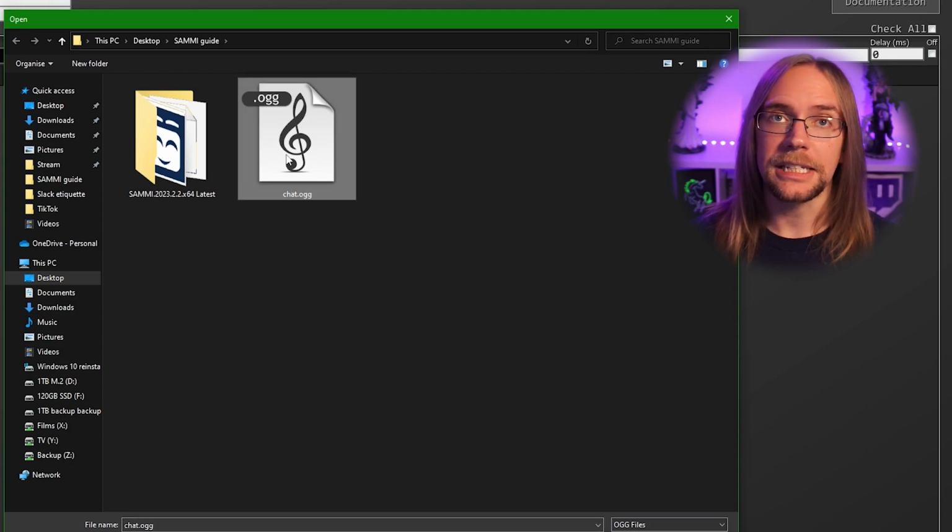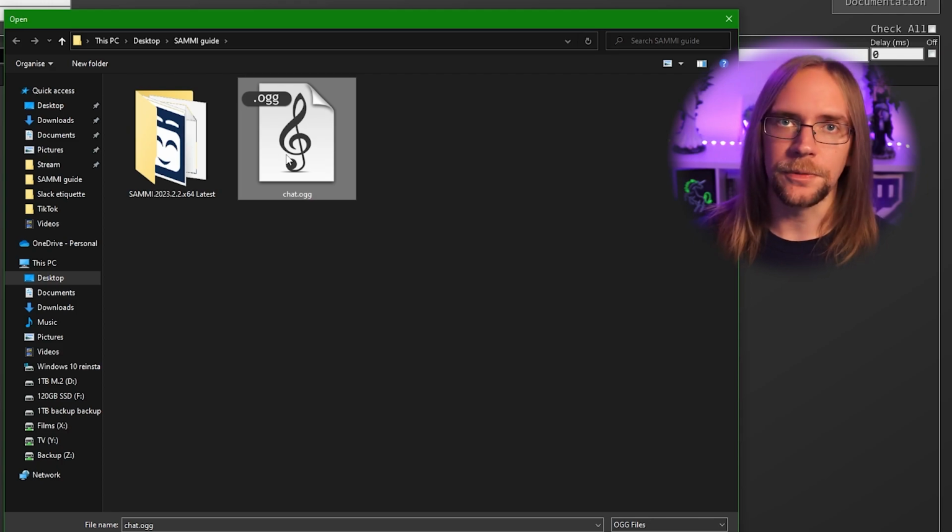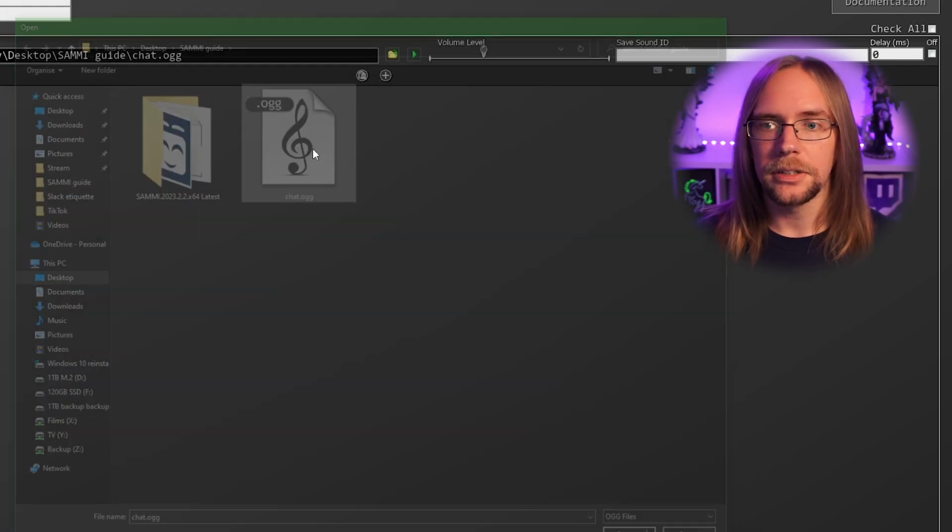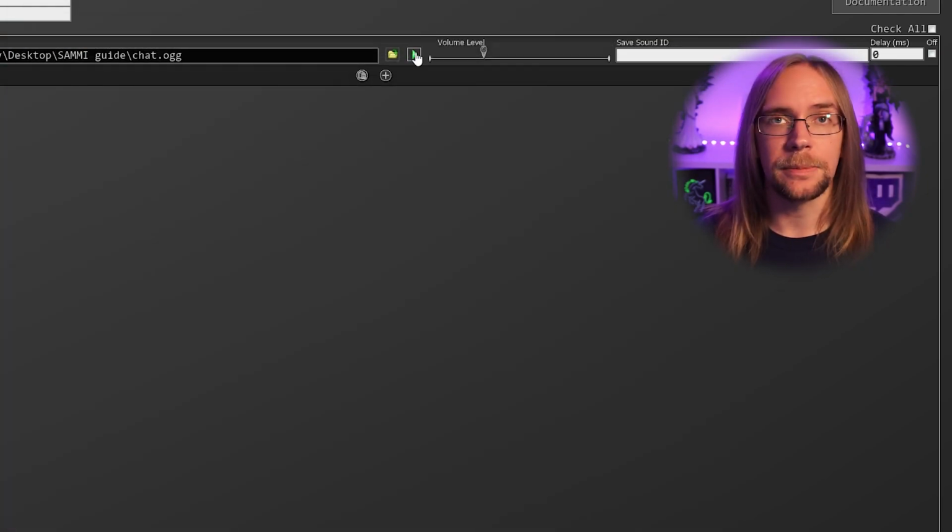Now it's worth noting here that SAMMI only supports OGG files, so make sure your extension is .ogg. If your audio file is not an OGG file, there's some free software you can use to convert it. I recommend using Audacity, and there's a link down in the description for you. Once you've got your file, double click it to select it, and we can press this play button here to